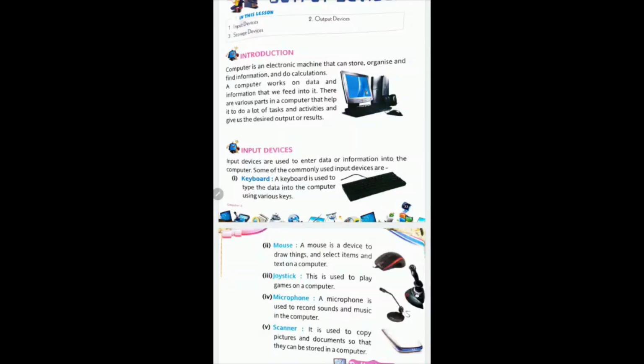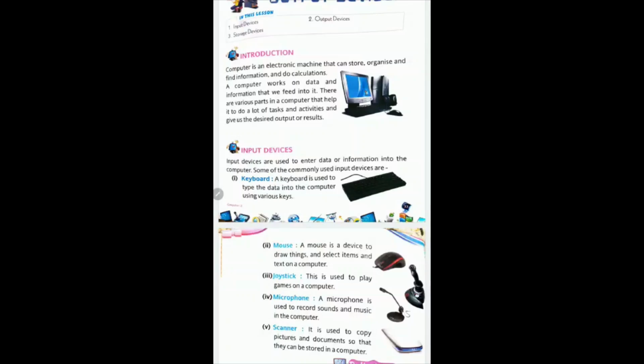Data is raw material, which has no meaning. So this is called input. When we give data to the computer through the keyboard, the data goes to the CPU where it processes, and after processing it gives output on the screen.